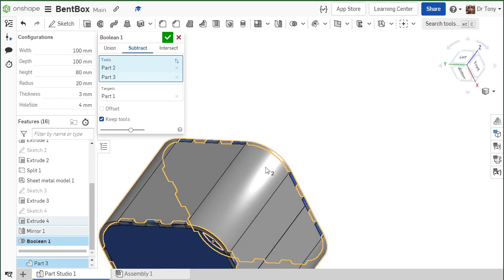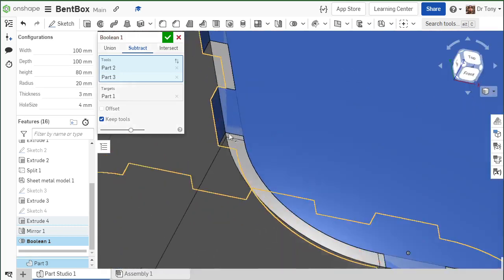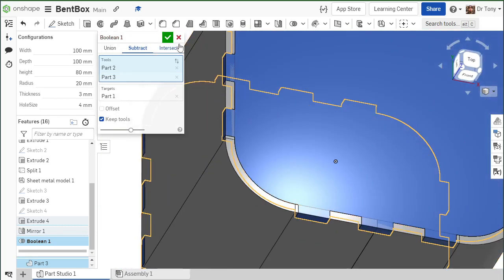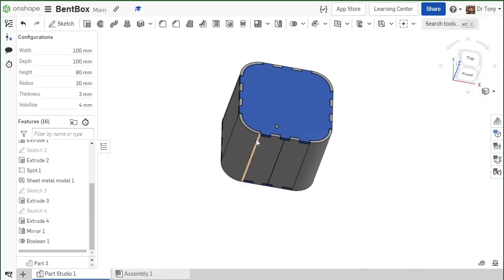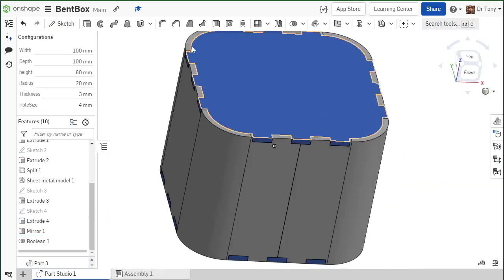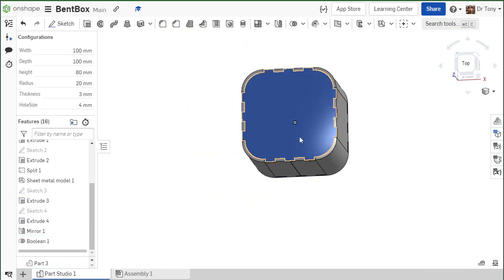Let's see, tools. And I think that's good. There we go. Sweet. Okay. So right after the bend. Perfect. Okay. So now last thing we need to do is put a hole in this so we can actually